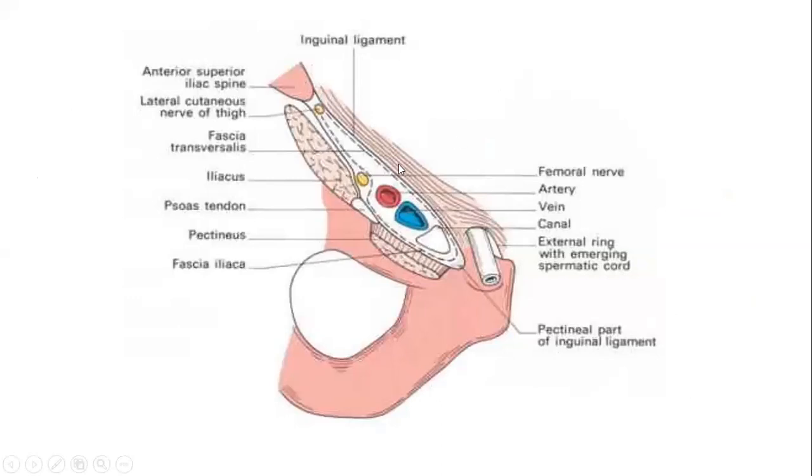So here in this diagram, this is iliacus muscle. So you can see that iliacus muscle and its fascia are forming the posterior wall of the sheath, whereas transversus abdominis muscle is a muscle of the anterior abdominal wall. So naturally its fascia is going to form the anterior layer of the femoral sheath. I hope this point is clear to everyone. Fine. So this is the formation of the femoral sheath.